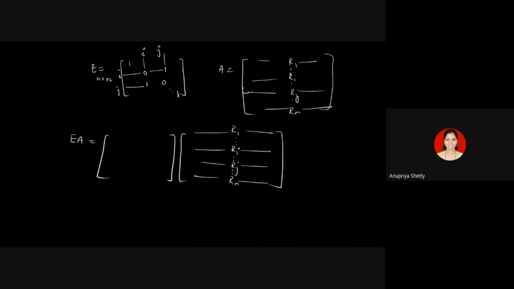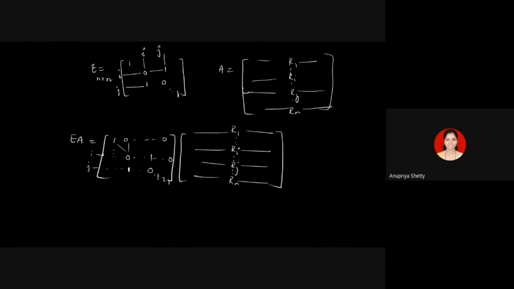What will happen now? So there is 1 and zeros in the first row. In the ith row, I'll write down what the ith row is. In the ith row, in the diagonal position you have 0, and in the jth place there is 1, rest everything is 0. And in the jth row you have 1 in the ith place and 0 in the diagonal place, and all the other diagonals are 1s.